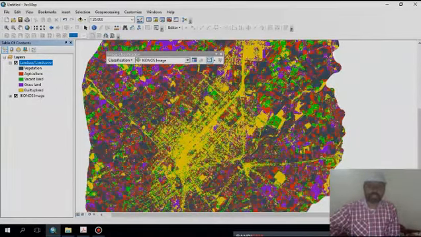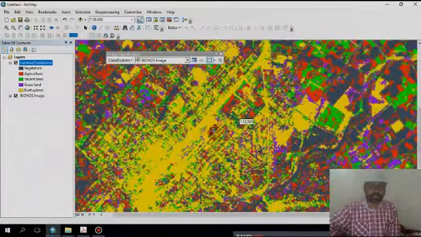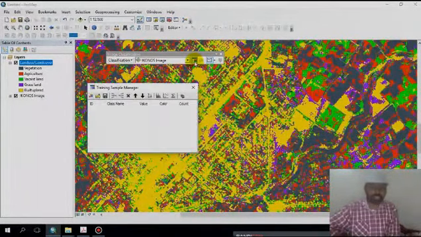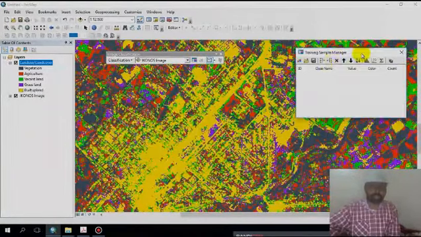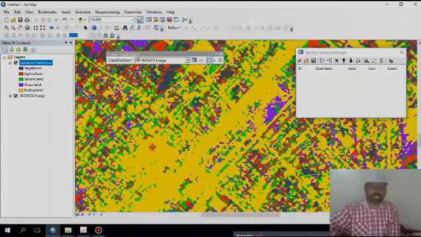Okay, after the classification we have already completed the land use land cover map of the study area. We can open it, right click, open. What the classes are and how many pixels are present in each class, you can calculate it. Then we go to edit, how to edit the signature. This is the signature editing field. Suppose I want to edit the signature of the built up land. You just digitize it. This is a built up